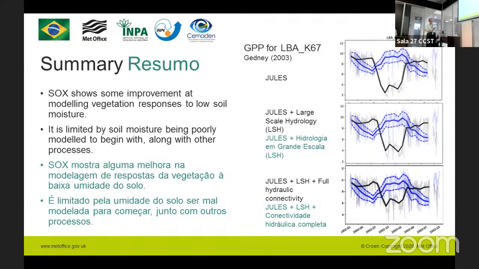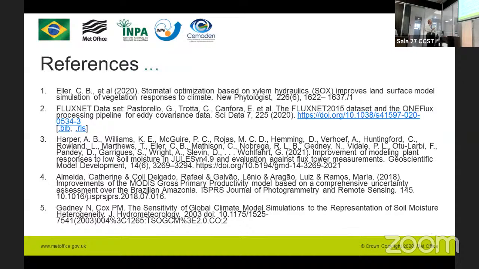And this over here is some work from Nick Gedney at the CEH, the Centre for Ecology and Hydrology, which is adding more water to the model by improving the soil column, but more realistically than I was doing it, which was just throwing more soil in there. Then my references if anyone wants them.